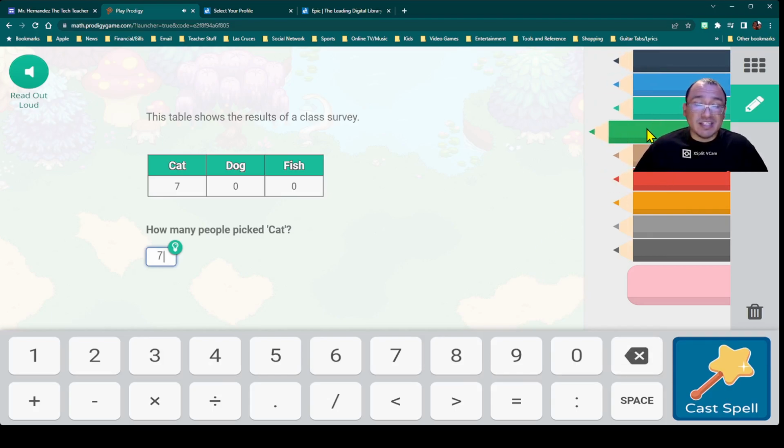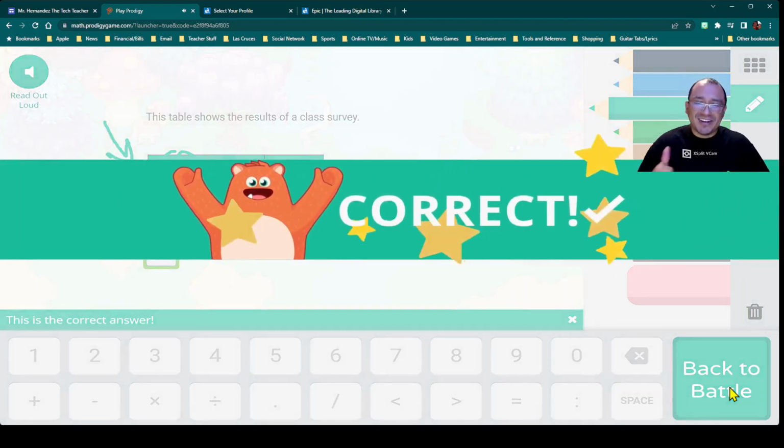Don't forget, you also have these colored pencils for scratch paper. Mr. H is limited on scratch paper in class, and so you've got scratch paper on your screen, and most of your laptops are touch screens, so take advantage of that, Panthers. Alright? Use the eraser if you don't need it. You can press the trash can to clear it all, okay? And cast your spell. Alright, Panthers?